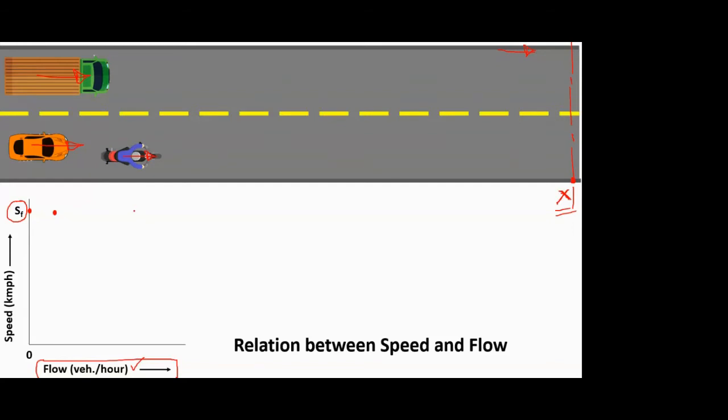Okay. But as compared to flow, if you see now, in the speed versus density plot, the speed value was somewhere here, or the second point we had plotted somewhere here. But now in the speed-flow plot, you can see the value has decreased, but a bit, because the flow value is also less, because it's only 3 vehicles that are passing.